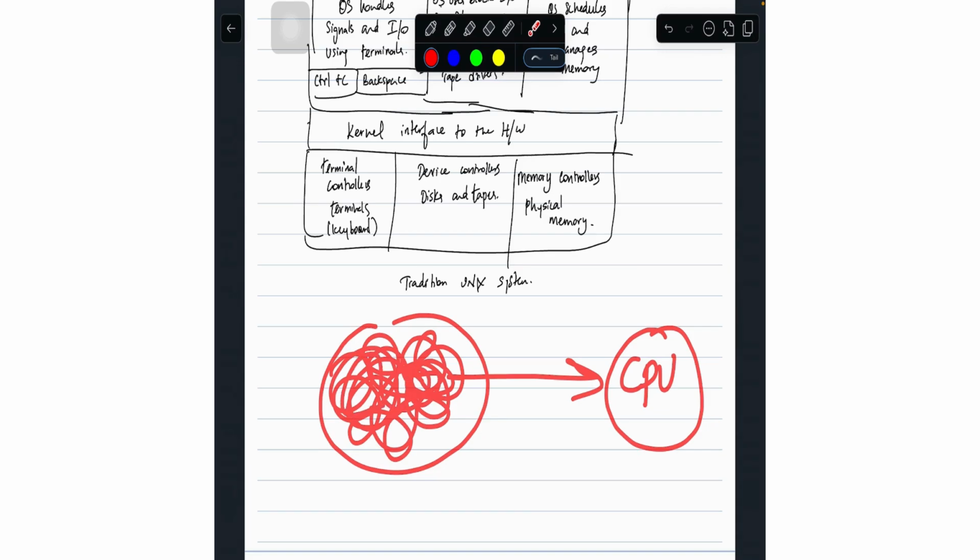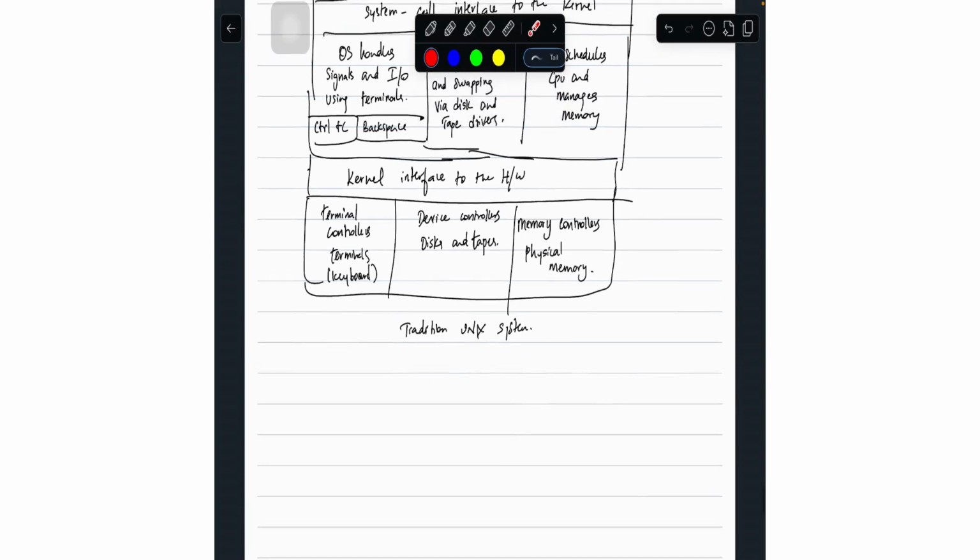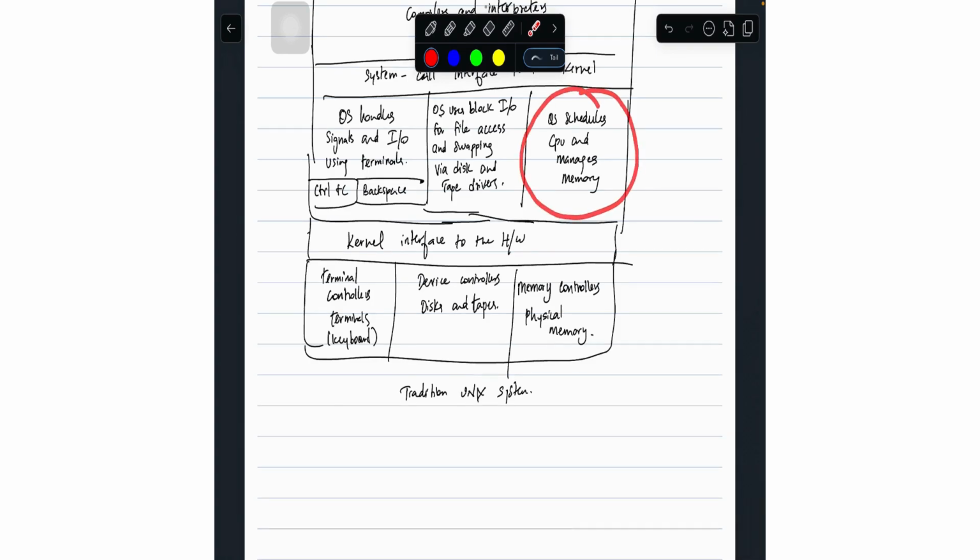But now the question is, among this pool of programs, which is going to get to go to the CPU? The kernel is going to decide, using some algorithms of its own, like first come first serve, round robin, or shortest time first. There are different algorithms, which of course we'll look at in the lectures, and the kernel will try to handle it. So these operations are going on at the kernel level, and if the kernel needs some hardware, then it uses